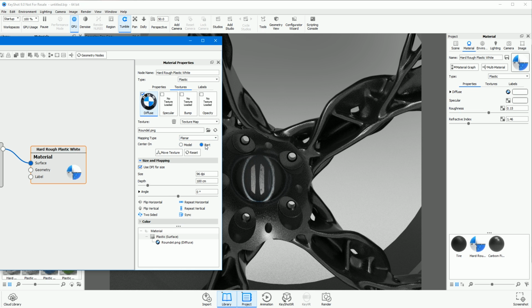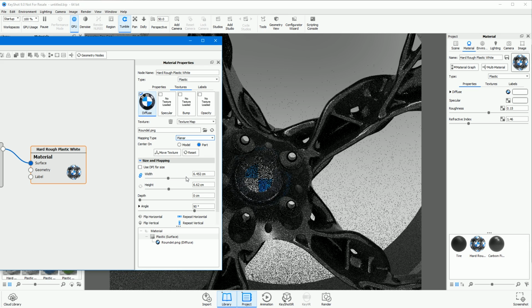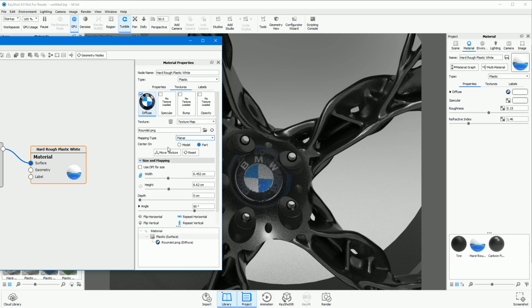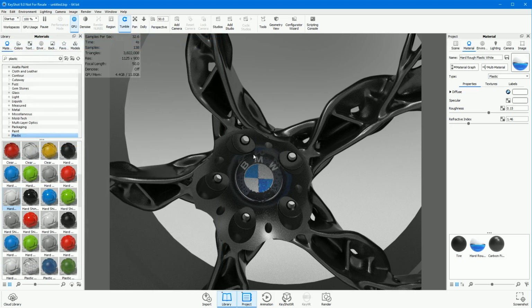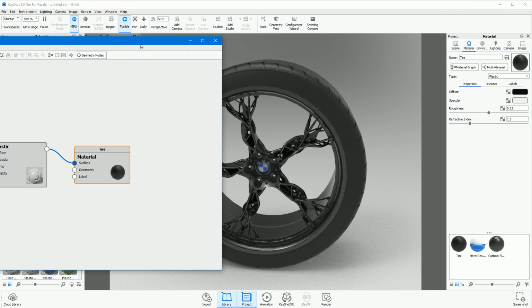Okay, part. It's not quite right. Is UV going to work? Negative. So back to plane. There we go. It just seems to have fixed itself. That'll do me. And then for the tire, we can double click that, go to the material graph of the tire,